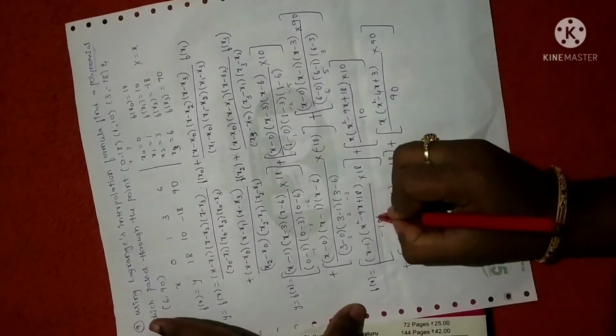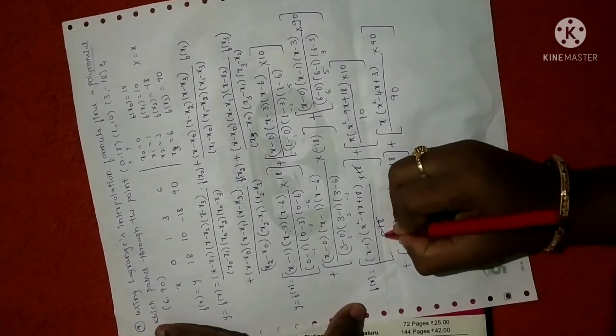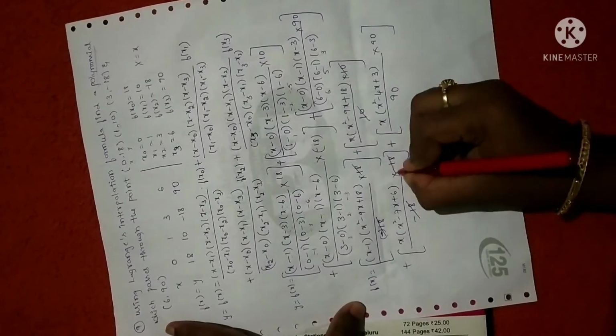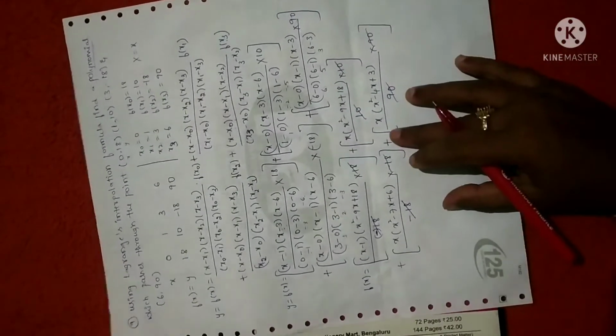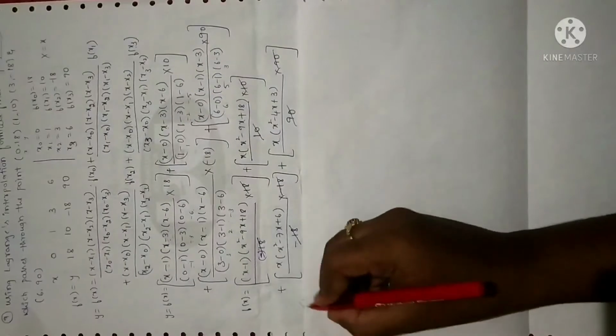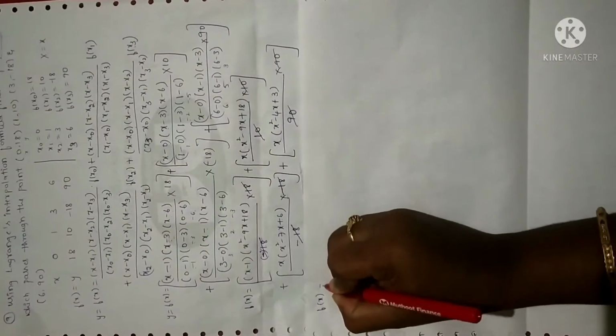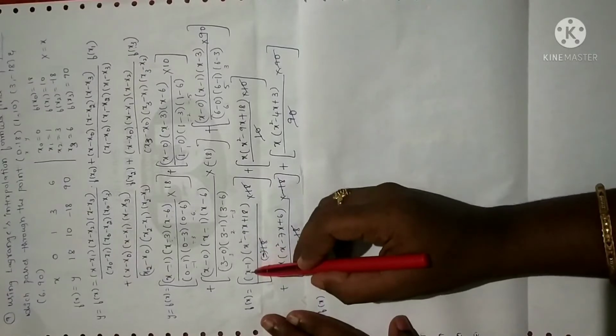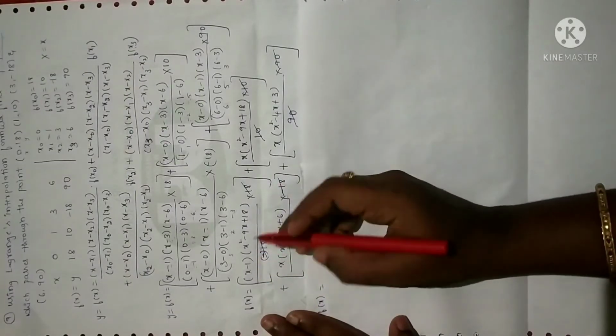Now let me simplify. Minus 18 will be there, 18 and 18 get cancelled, 10 and 10 get cancelled, minus 18 with minus 18, 90 with 90 get cancelled. So let me simplify now. Just keep on multiplying the terms. So I will get f of x is equal to, let me multiply here, first I am going to multiply x with this value.